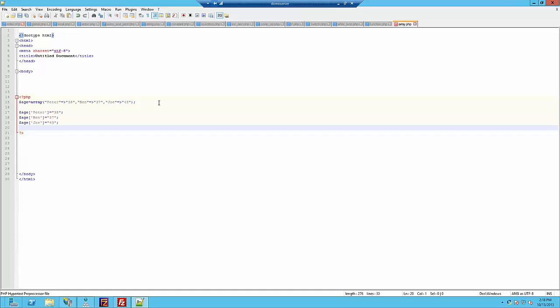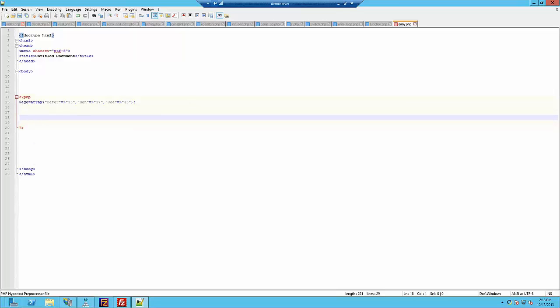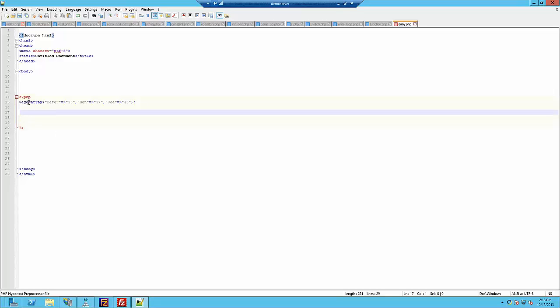So you would go $age Peter equals 35, Ben equals 37, Joe equals 43. Okay. Now the named keys can be used in a script. So basically what we can do is I'm just going to remove this and show you an example with an echo. If you want to have a result with this, I would go echo Peter is, dot, age Peter, years old. There we go. Okay, so if I save this and I print it out,